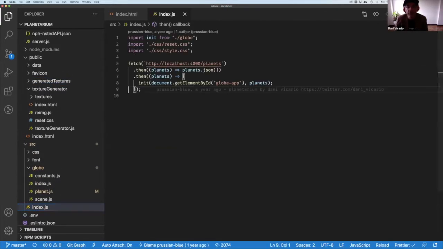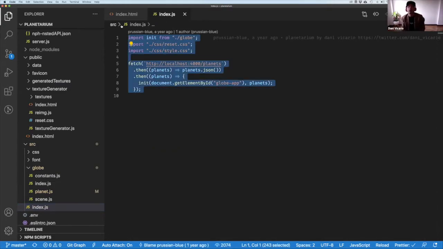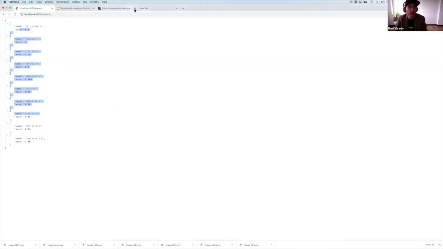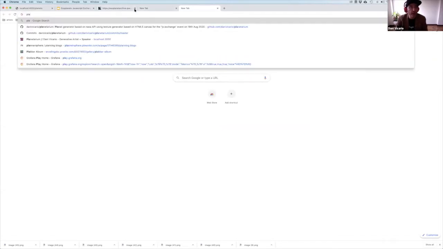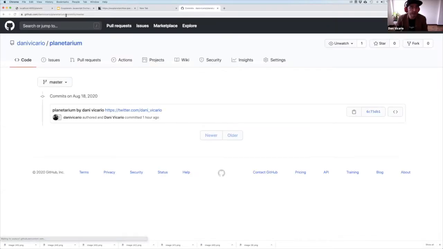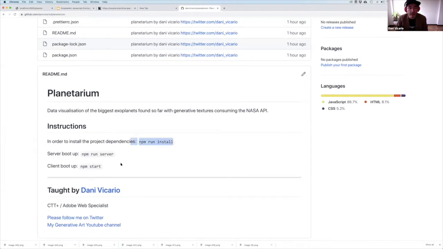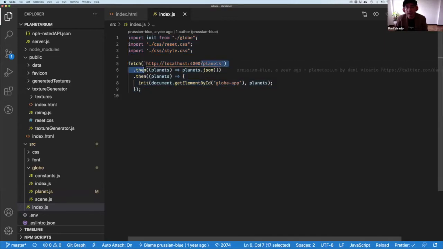It starts with the index.js. As you can see here, I'm using the new module system, so I can use these imports because I am using Babel, which is specified in the package.json as a dependency, right? By the way, if you enter the Planetarium project, which is what I'm going to be sharing with you, you have all the instructions on how to install the dependencies, run the server, the API, and the front end, right? So here I'm consuming my API, the 10 planets I showed you before, and then I'm sending them